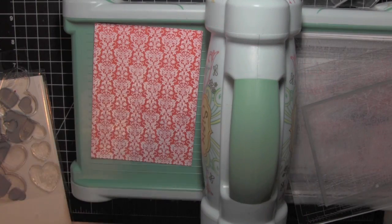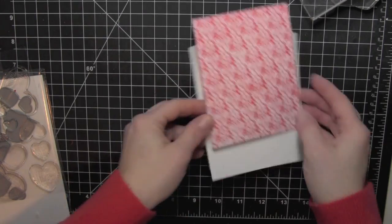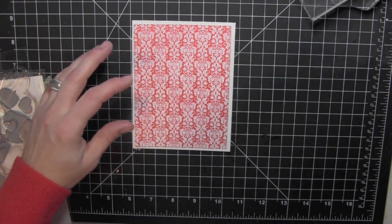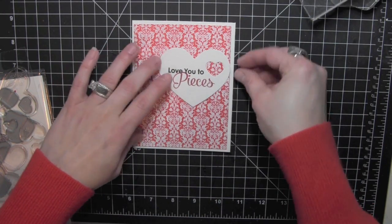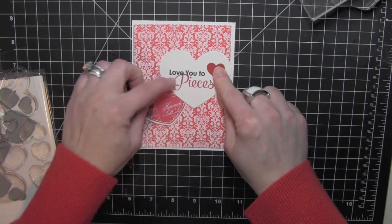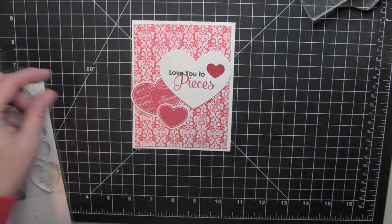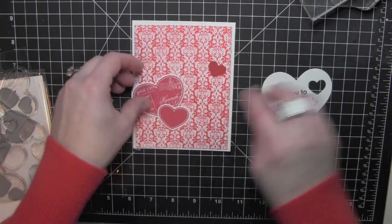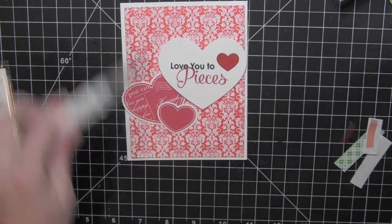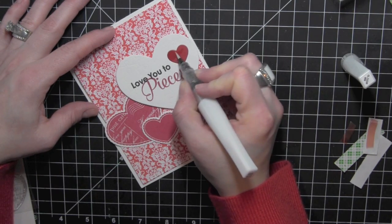And then I created a card base with a top opening card from some of the Whipped Cream cardstock, and I will mat my background right on there and then add all of my hearts on top. So I think this will be a more elegant looking card instead of more fun and whimsical. So I've attached everything, and I thought my solid heart there in the puzzle piece heart needed a